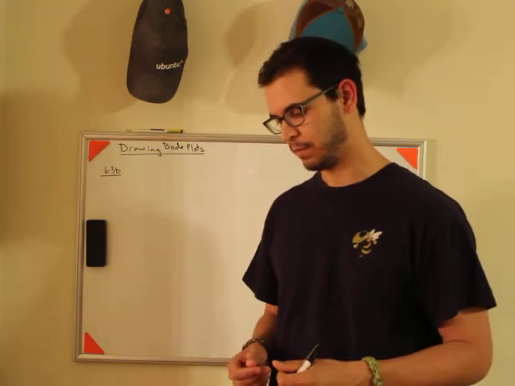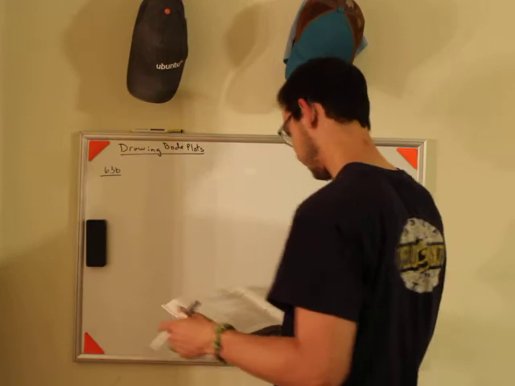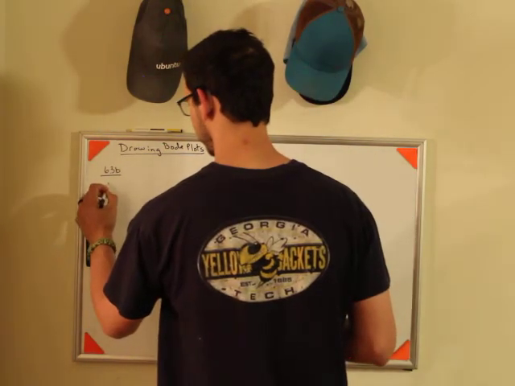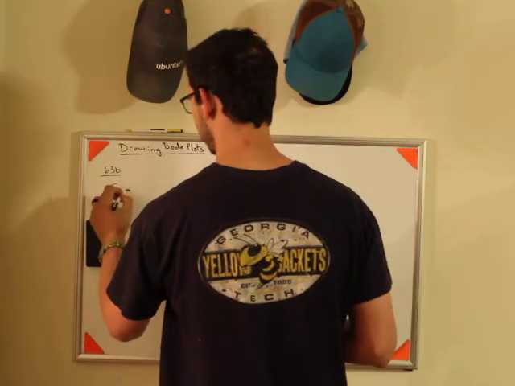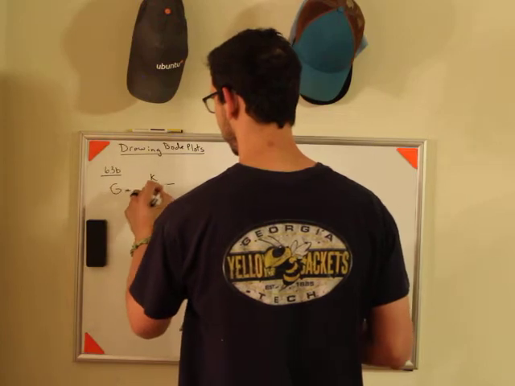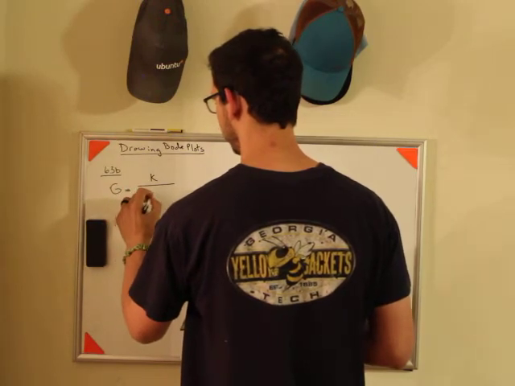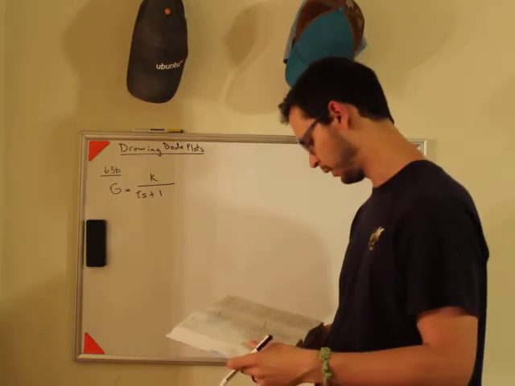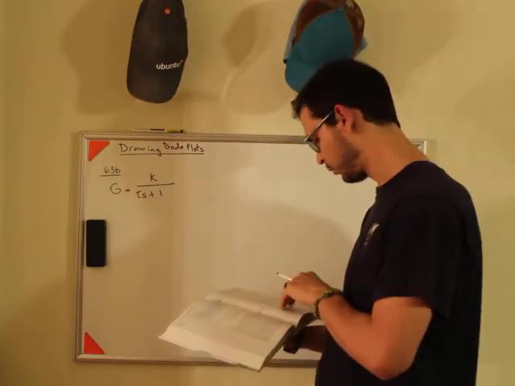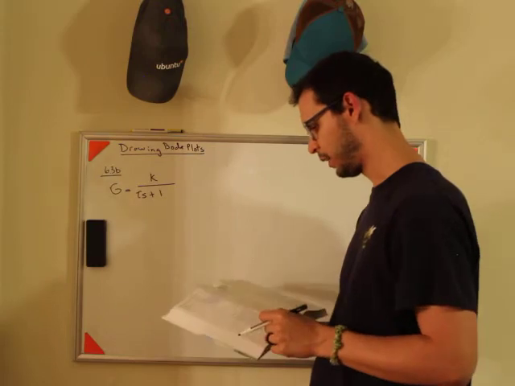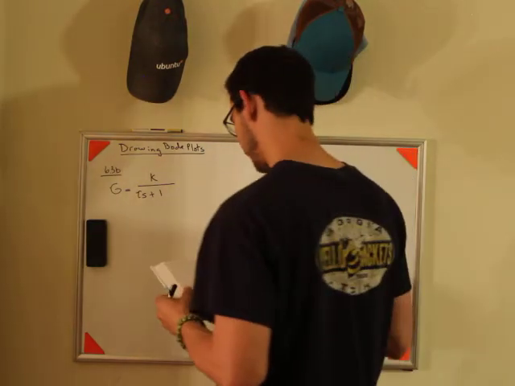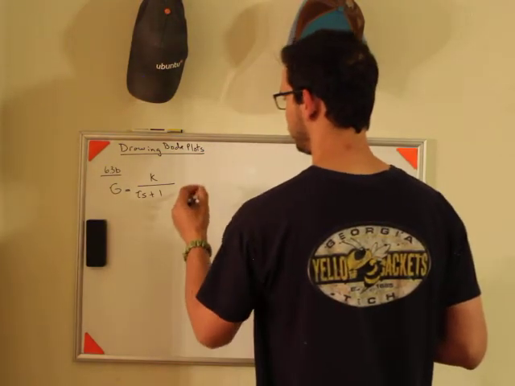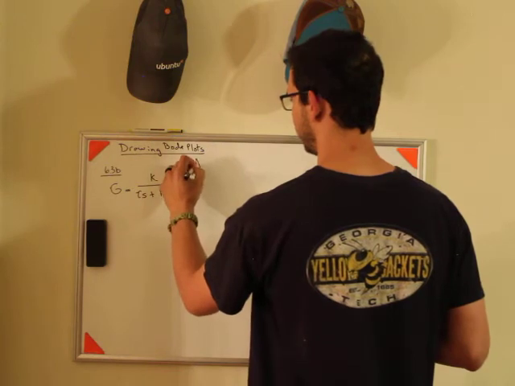Okay? So let's look at a first order system, and let's look at the form G equals some gain over tau s plus 1. And let's see if we can create a gain and phase plot from this, okay? So let's do gain first, okay? And so in order to do gain, what we have to do is